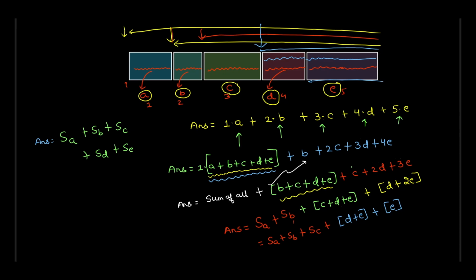Meaning, can you now see the greedy strategy? You can try to pause the video and think of the greedy strategy for yourself. But you can notice that if you compute the suffix sum array,